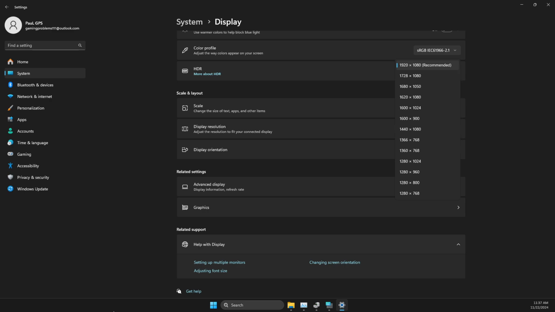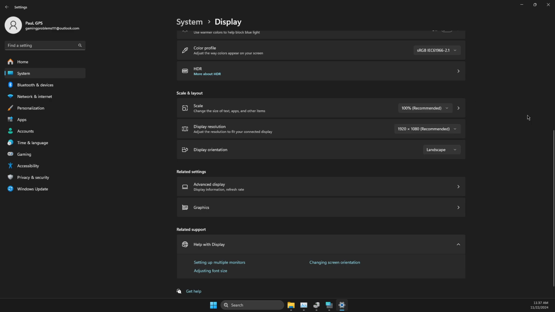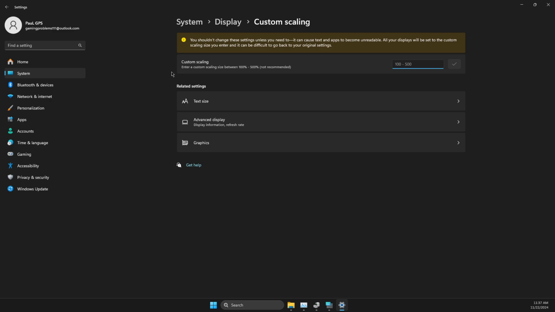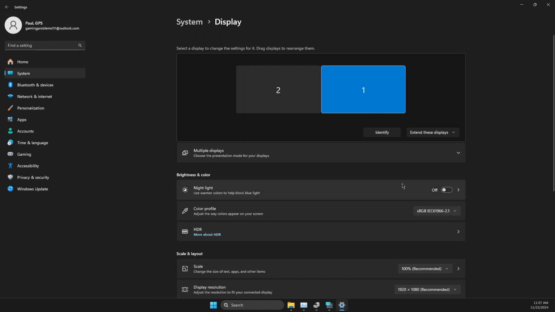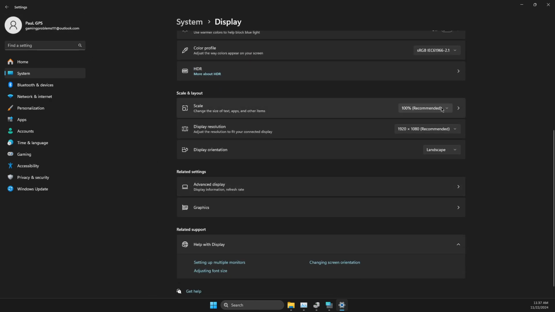basically screen will not look funny, but you can test different resolutions here for yourself and look what fits for you best. And also scale, you can change scale as well if you want to. Here maybe it's too zoomed in for you, you can zoom out or otherwise,